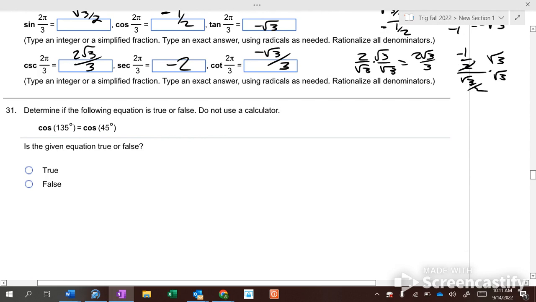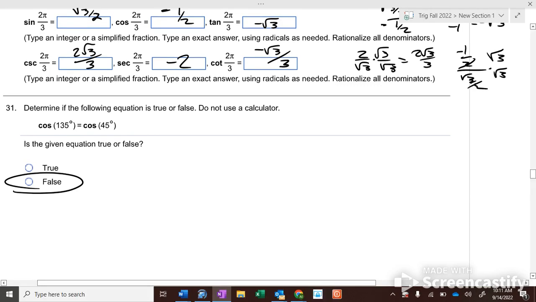Are these two equal? Cosine of 135 and cosine of 45. No, because they have opposite signs. So the cosine of 135 would equal the negative cosine of 45. Okay? So that is everything on the test. That's quite a bit of stuff. So make sure you